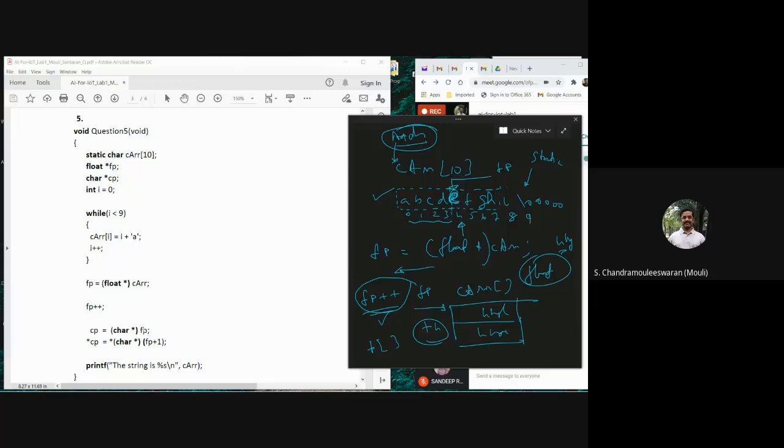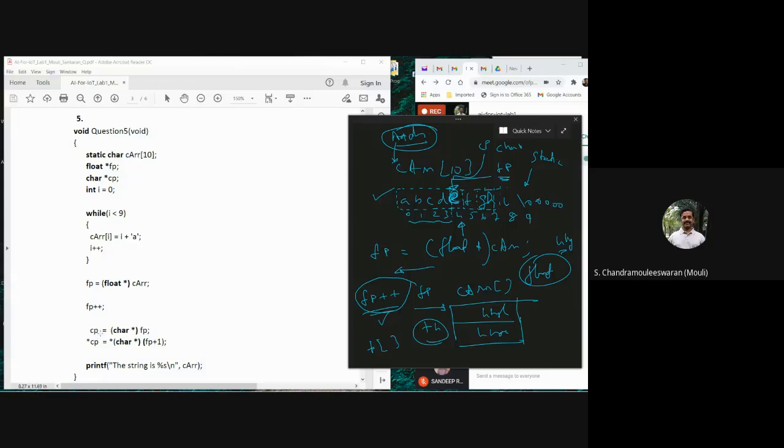Now, we are converting that FP to a character pointer. Now we are saying that this is no longer an FP pointer, it's a character pointer, okay? CP. Now, this is also an address where CP is pointing. CP is now assuming it is pointing at this, it can access character by character, because from the same address it will be accessing byte by byte.